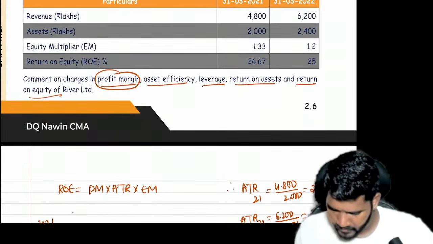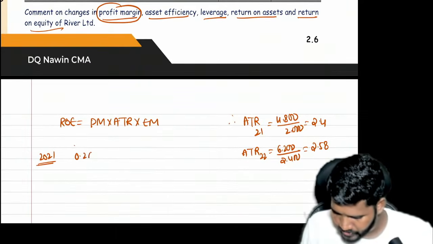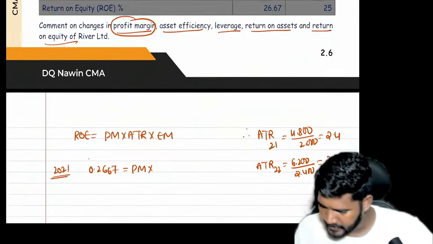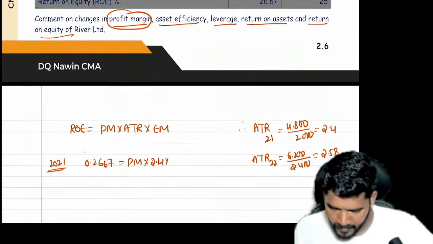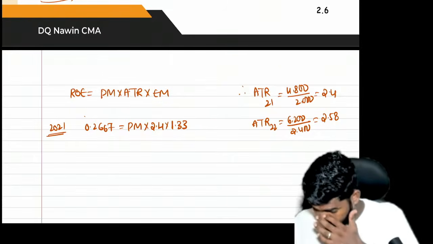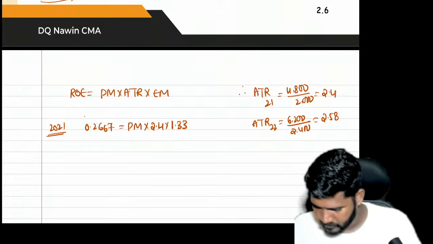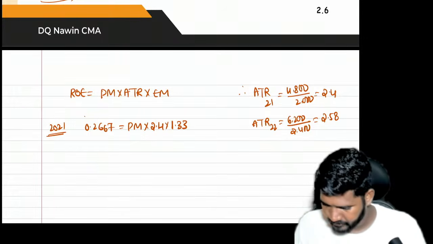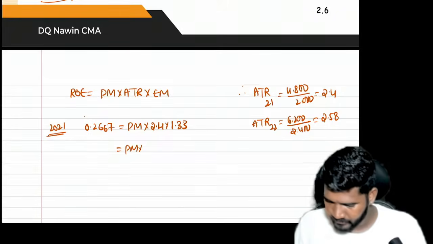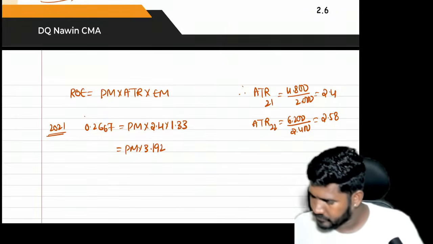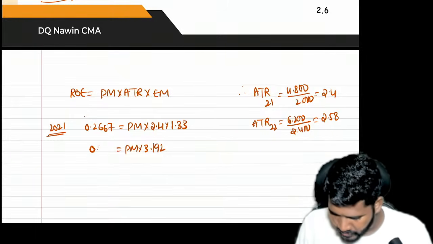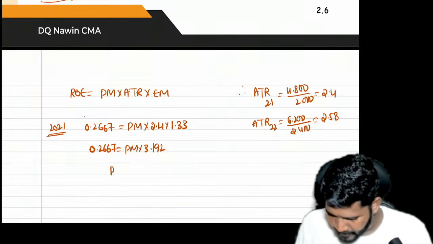What's the return on equity? 0.2667 equals, I don't know profit margin, but I know asset turnover ratio 2.4 and equity multiplier 1.33. 2.4 into 1.33 is 3.192. 0.2667, so profit margin equals to